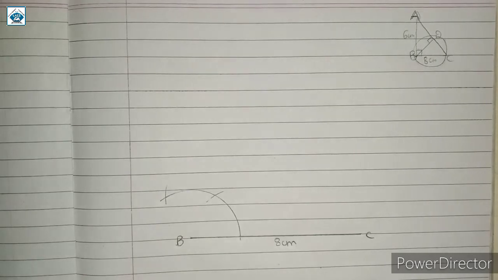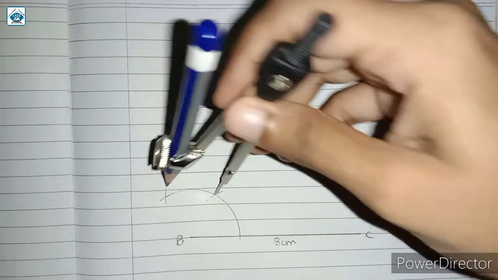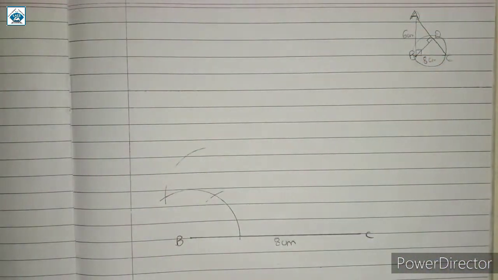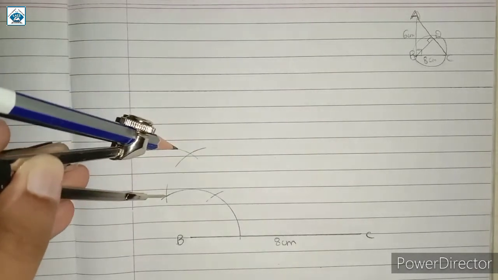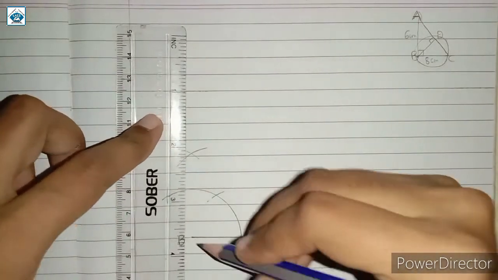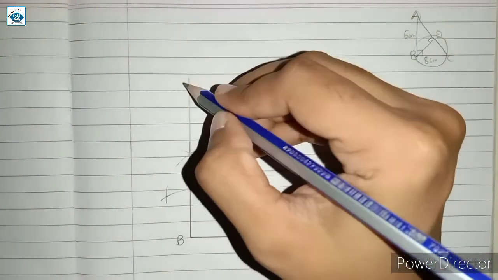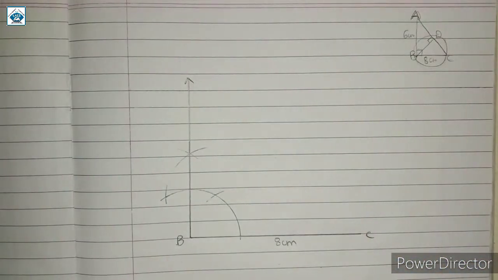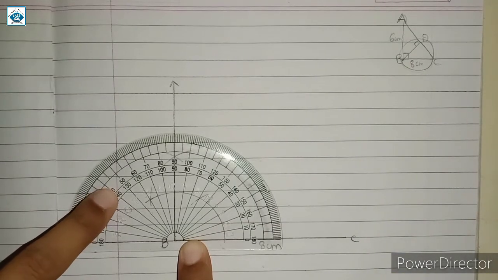If we join B and this point we will get 120 degrees. So we are going to bisect this distance between 60 degrees and 120 degrees like this. Let us draw an arc, and from this point let us draw another arc, and here we got the point of intersection. Let us join B and this point, then we will get a 90 degree angle. So over here I have joined B and the point, and let us measure this angle now. Here angle B measures 90 degrees.